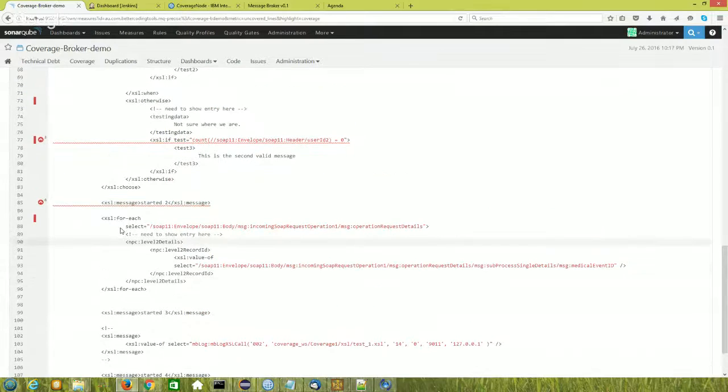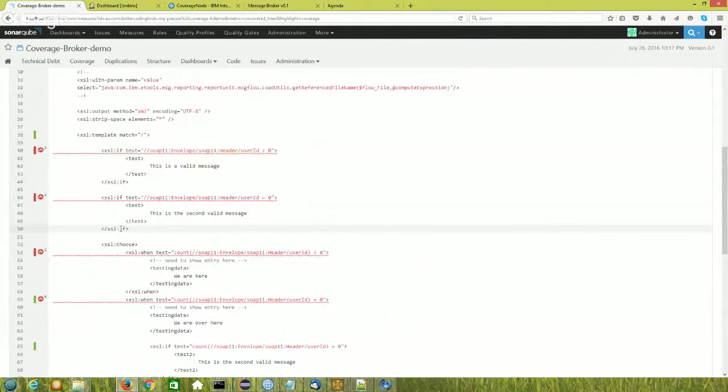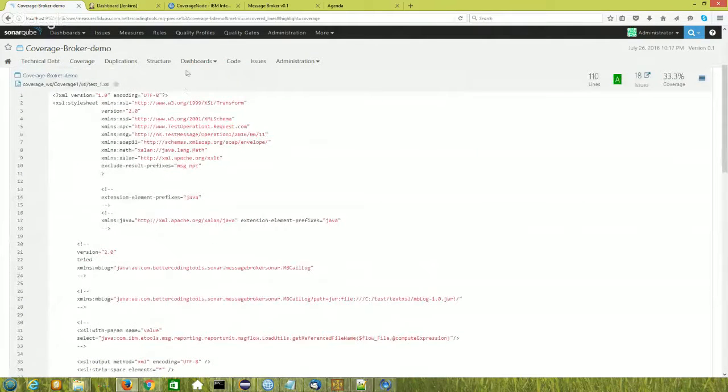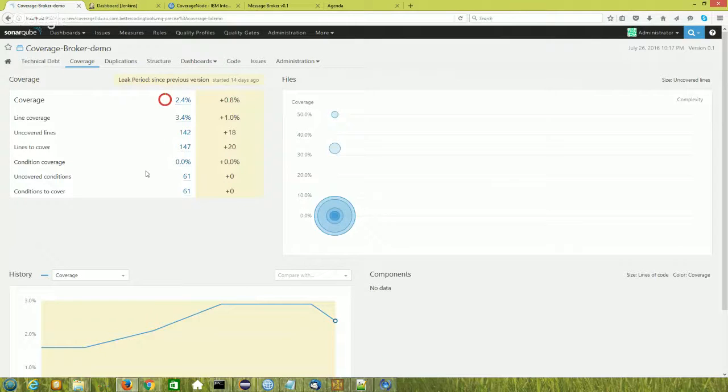So that's the end result. We can see what parts of our code or parts of our style sheet have been executed and what parts of our style sheet haven't. And from an overall perspective, we can then look at our overall test coverage. We can see the amount of lines of code coverage,